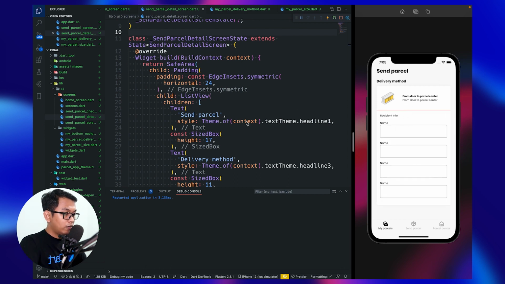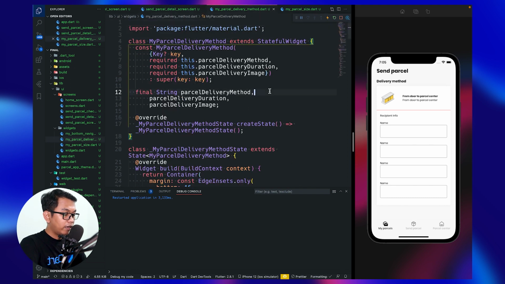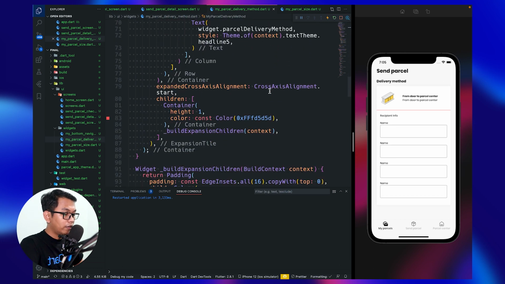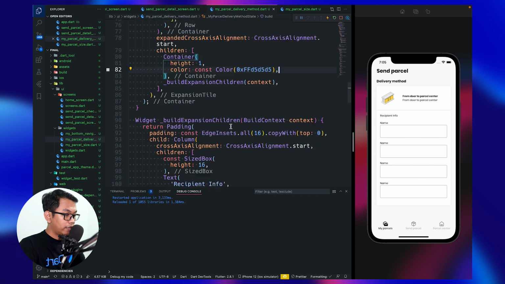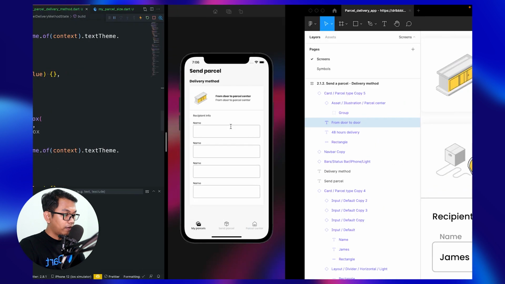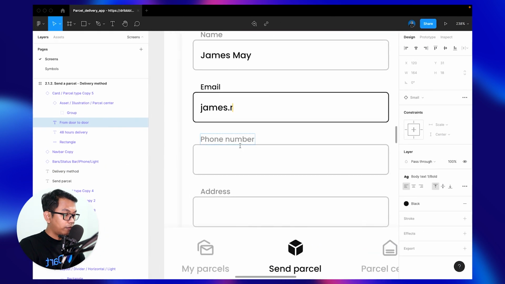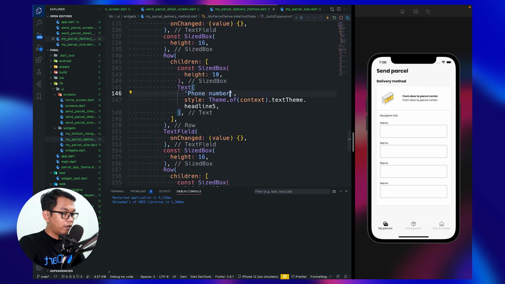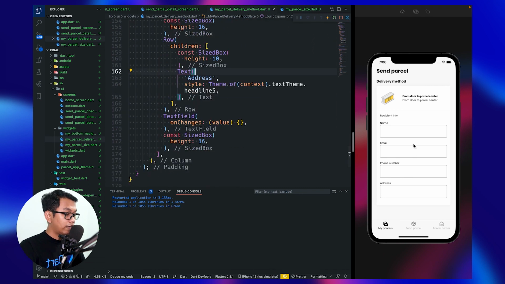All right, so let's go back to our widget, MyParcelDeliveryMethod, and let's go to our container, change this to this, look like this, and we need to change name, and then email, phone number, address, name, email, phone number, address, look like this.